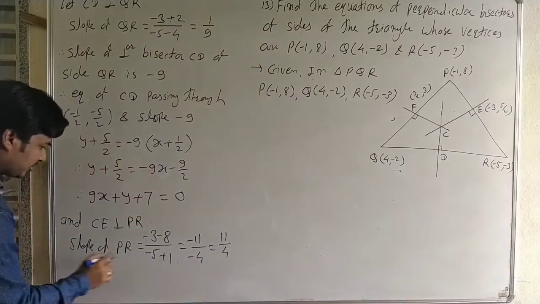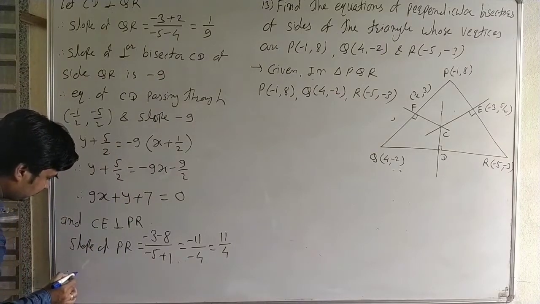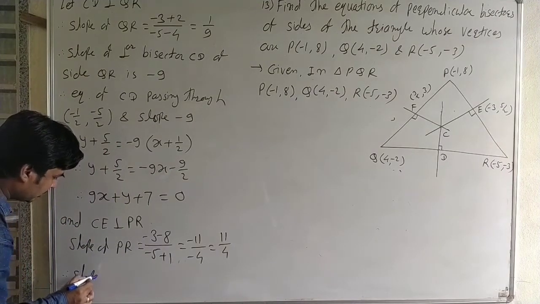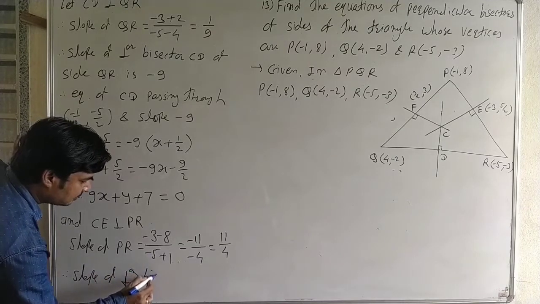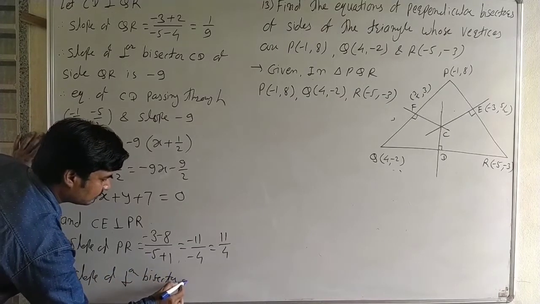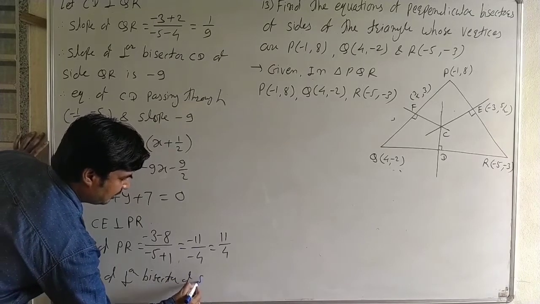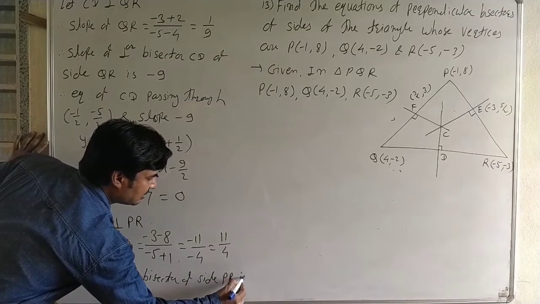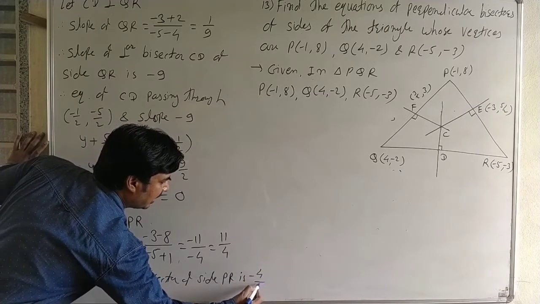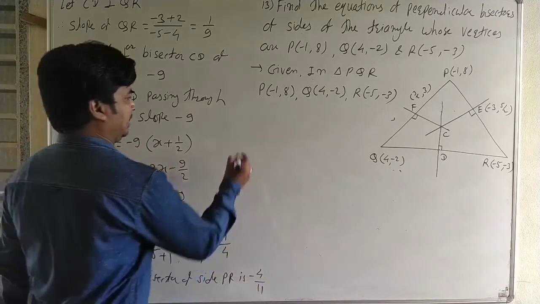Here it is the slope of PR, therefore the slope of the perpendicular bisector of side PR is minus 4 by 11, and therefore